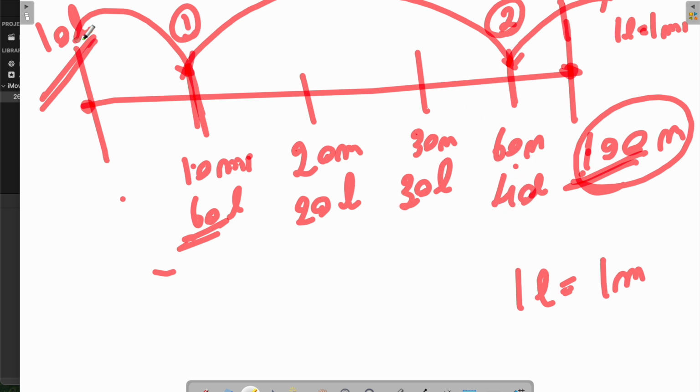So basically I have 10 plus 60, 70, and once I do the 70, I have 40 over here, and 70 plus 40 is 110. So I'll be able to cross this 100 meters of distance, because I only require 100 liters of fuel to